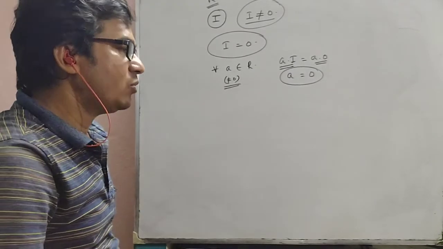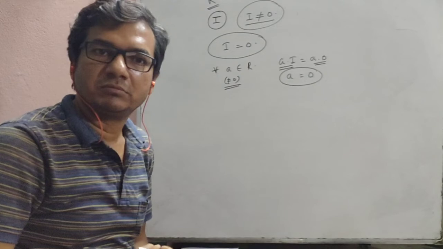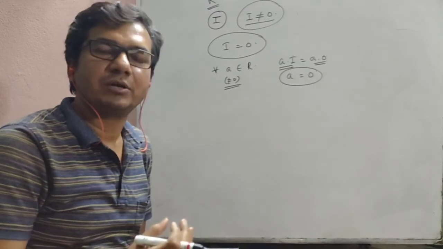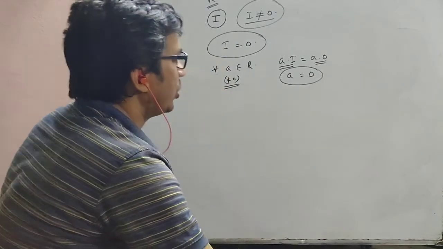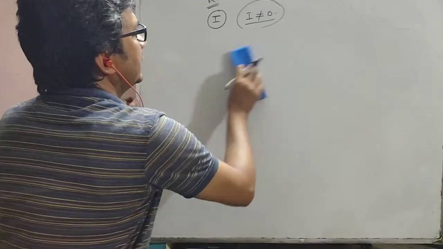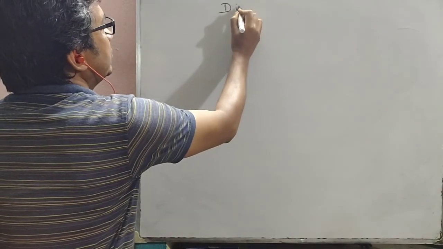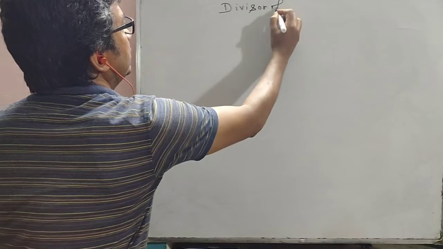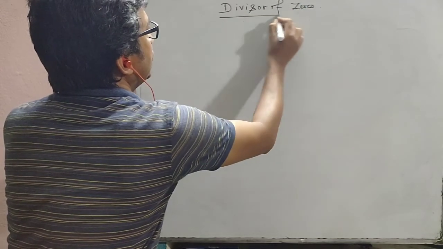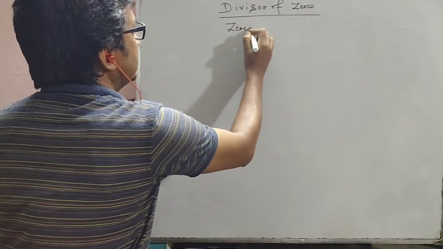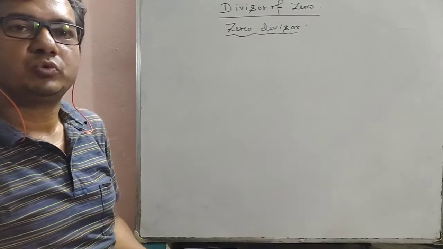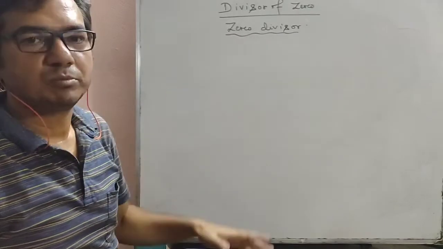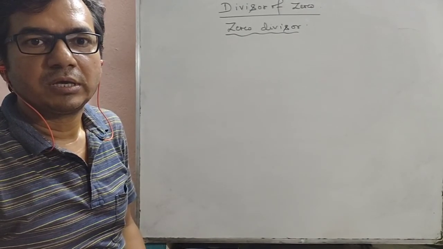Okay. Now we go to an important definition, an important part of ring theory. This is called divisor of 0, or 0 divisor. We go to the definition of 0 divisor or divisor of 0